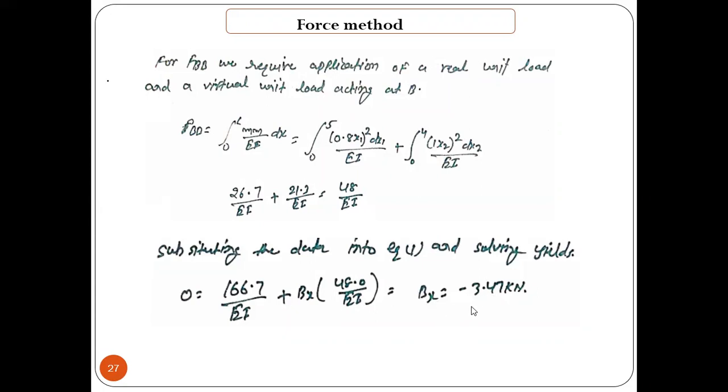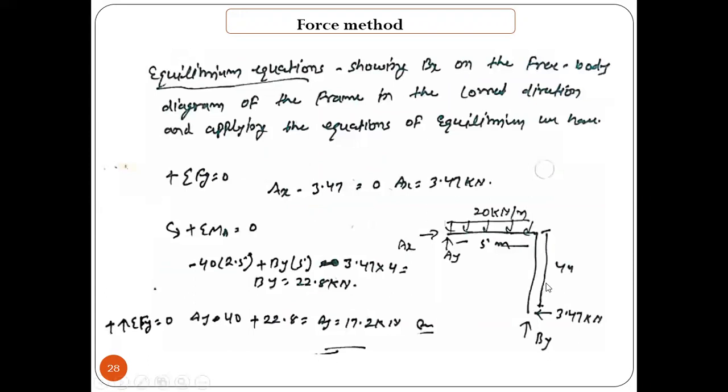Now we have the value of Bx. Now this problem becomes simply a statics problem. We have this value, and we need to find By, Ay, Ax. So just apply summation of vertical force equal to 0. First apply summation of horizontal force equal to 0, so Ax will come out. This force is in the inward direction, and that comes out to be in the outward direction. Obviously their summation should be the same. Then take the moment about any of the support points, like you can take the moment here.